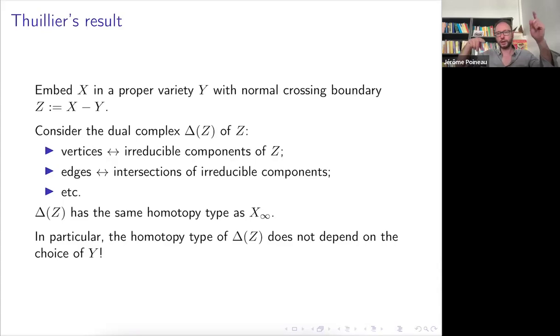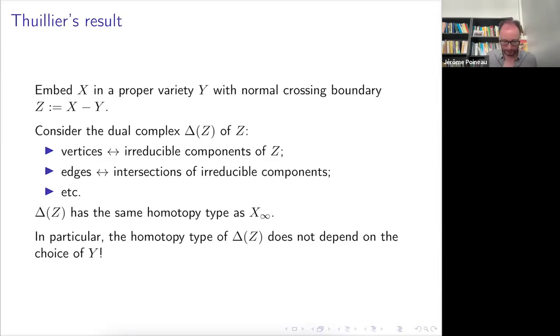Okay, so there is another proof of that by Stepanov that is a bit more intricate. That means you need to relate two compactifications, and if you know how to pass from one to the other by a sequence of blow-ups, and so on, some fine enough version of resolution of singularities, you can try to control how your dual complex moves, and you get the result. But this is a non-Archimedean proof, which is also quite elegant. And this kind of argument tells you that this X infinity is really something intrinsic and should really look like some boundary of the space.